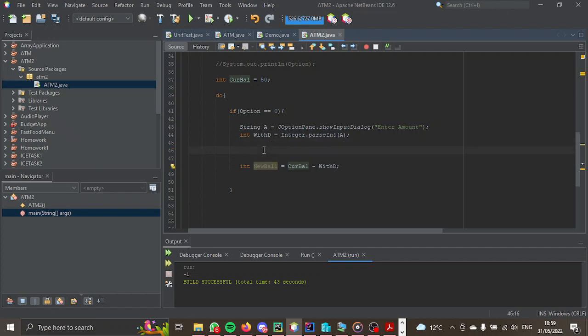So if the withdrawal amount is greater than the current balance,